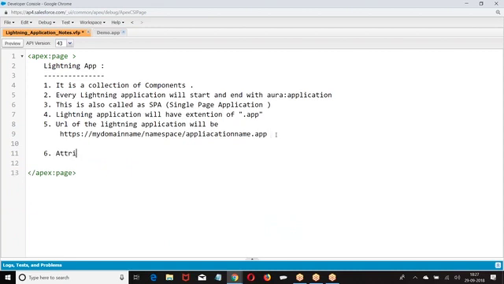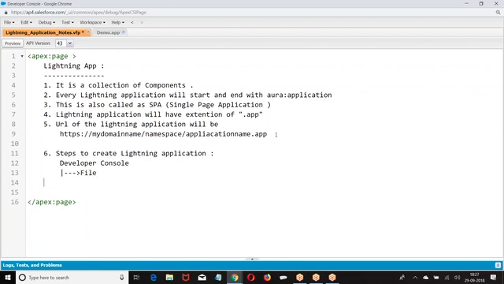The next we have attributes. Steps to create: how do you create? Developer console. It's your choice how you open the developer console, from classic or lightning, wherever you want.